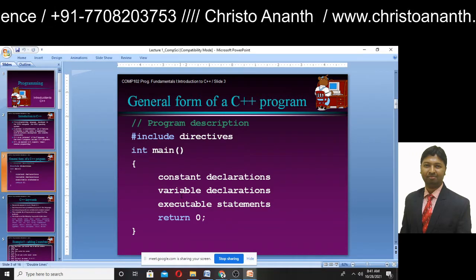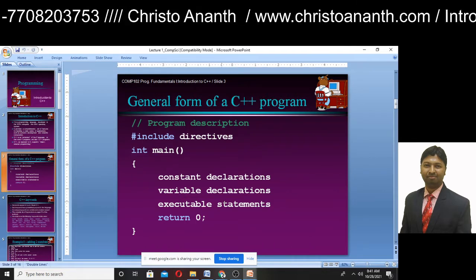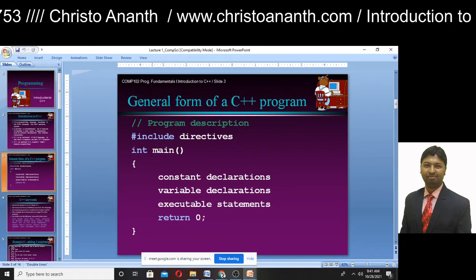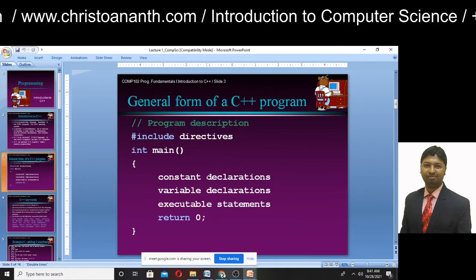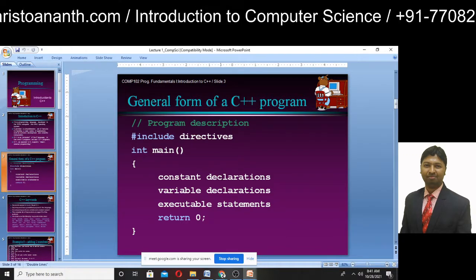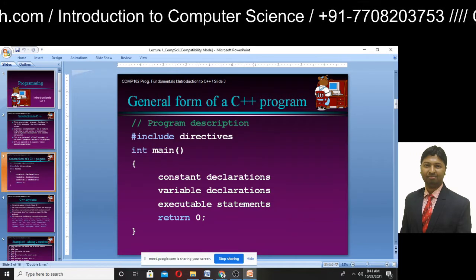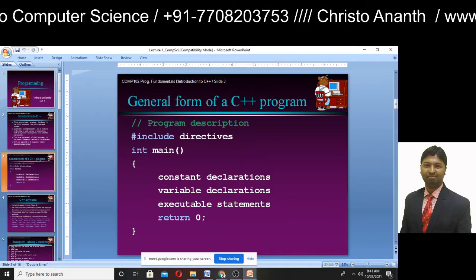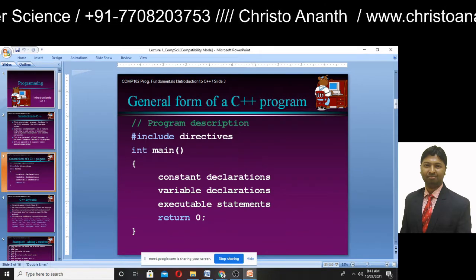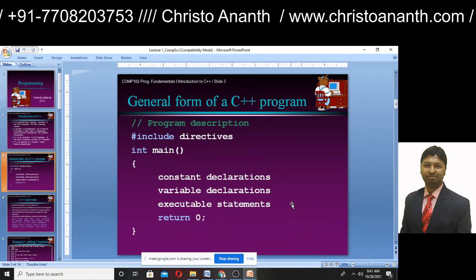Okay, and then you close the brace. So this is actually the general form of a C++ program. You need not include iostream.h and int xyz, something like that you need not give, but you can do constant declaration, variable declaration, executable statements, and then you return 0.